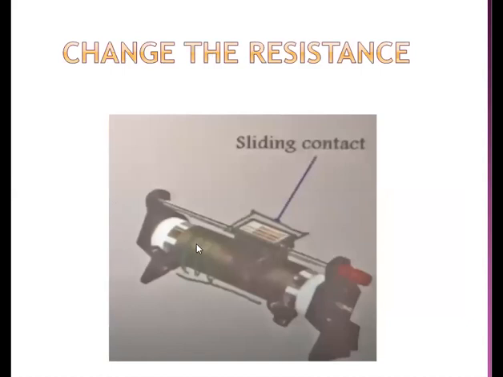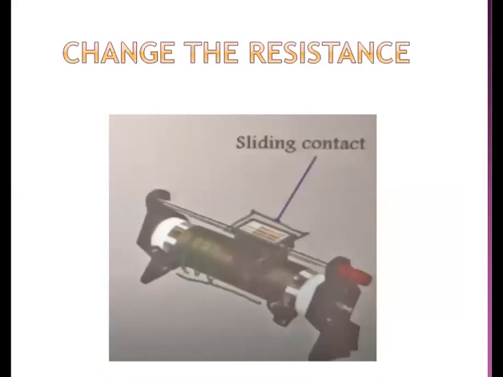See children, here so many wires are there. It is completely covered with wire. We have this in our lab. Now when this particular sliding contact is moved, the resistance is connected with this many wires, and these other wires are not connected. When we connect more wires, the current flow will be less, because the current has to pass through all the wires. We have increased the number of coils of wire. This is how a rheostat works.